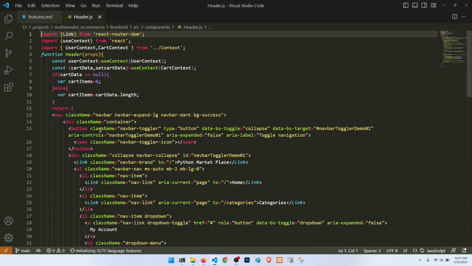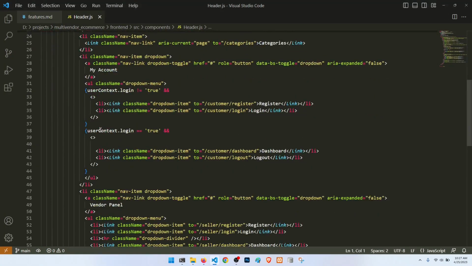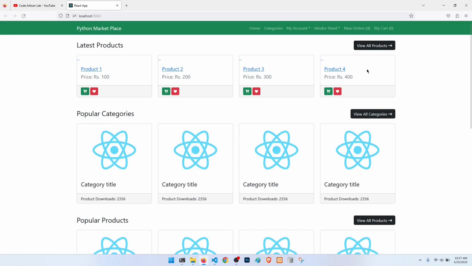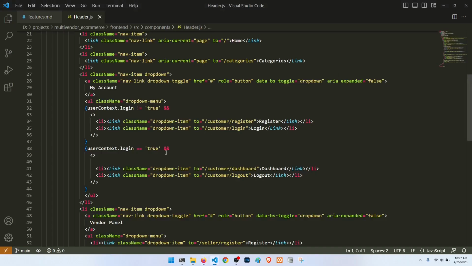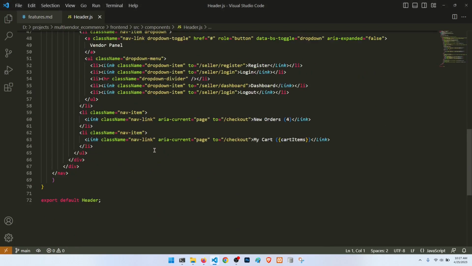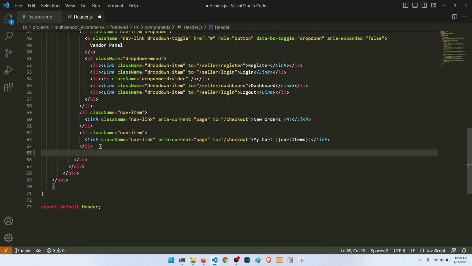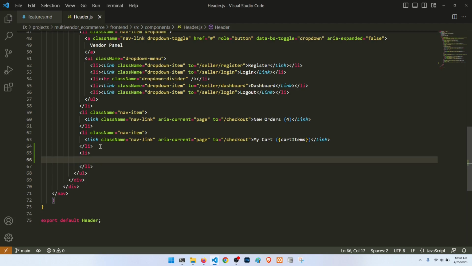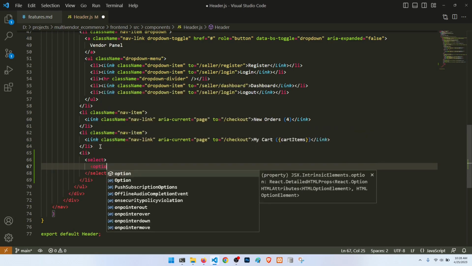So in the header, what we have: dashboard, logouts. Let's see this. So my cart, all these things. So I think after the my cart, we will create a li, right? And in the li, we will add a select option, and then in the select option, we will say